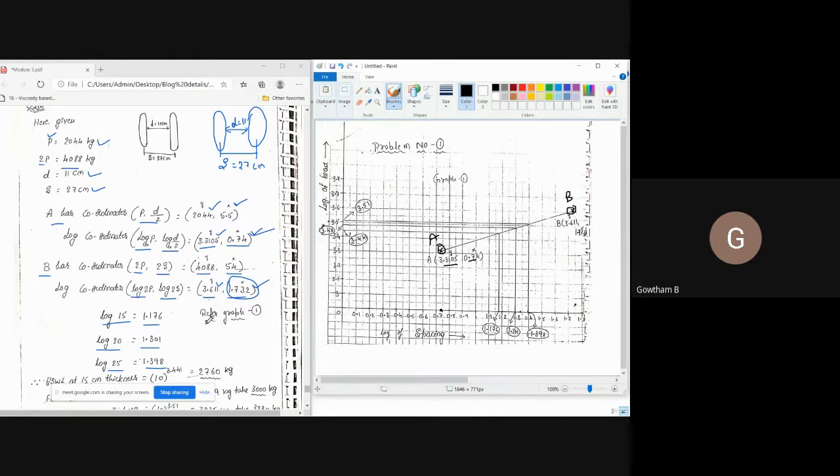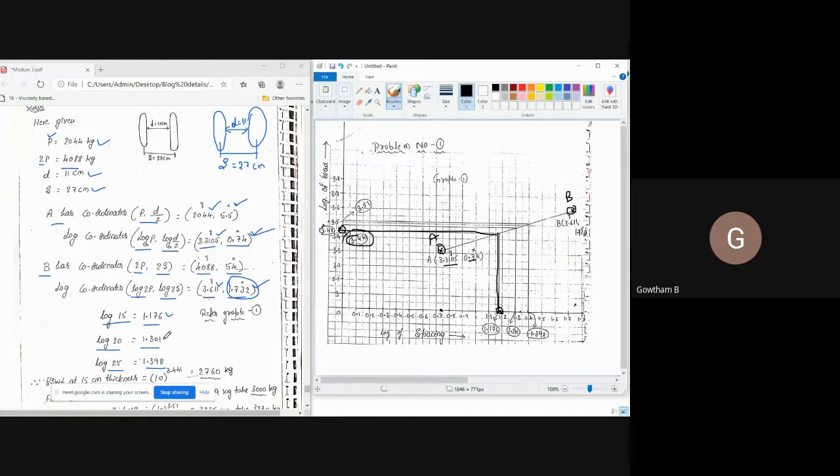Now in the x-axis you find the log points where you have to find the ESWL value. At 15 centimeter, log of 15 is equal to 1.176. Note down 1.176 in the x-axis. It will come somewhere here. From this point you project a line to the AB line you had plotted. From that point again you project the line to the y-axis, and you check this value, which is equal to 3.44.